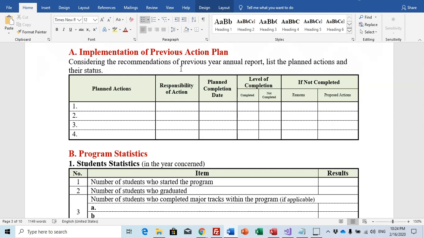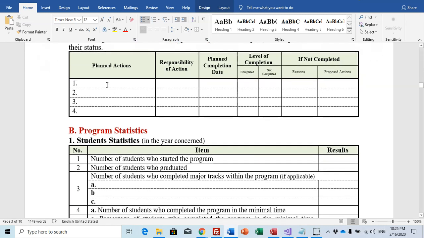You have to prepare your previous annual report, and it should contain your action plan based on the results of KPIs measurement, and you have to fill this table with the planned actions, who was responsible for this action, whether the planned action was completed or not, date of completion, and if not completed, why.